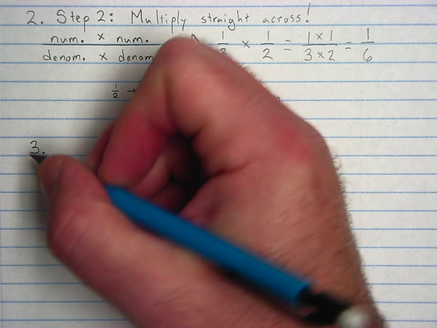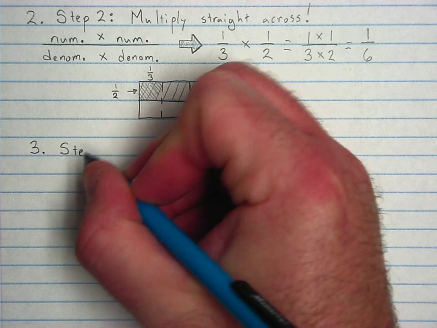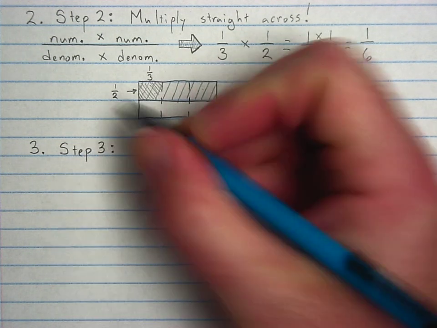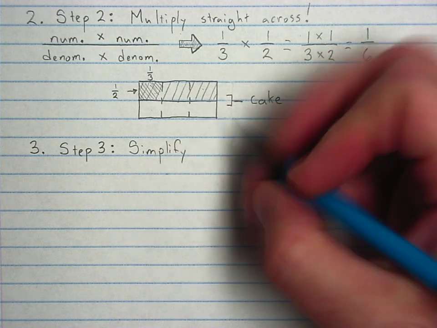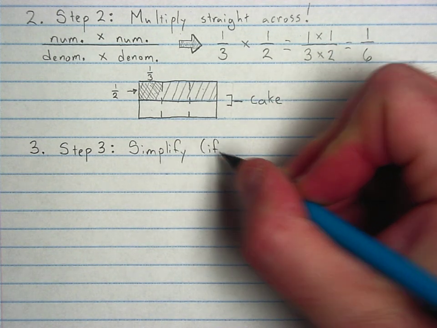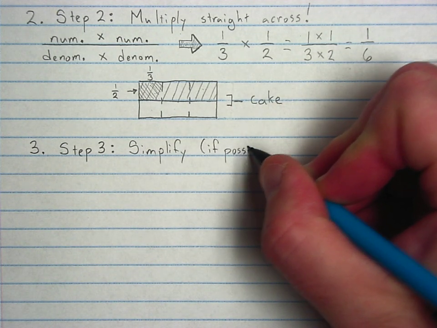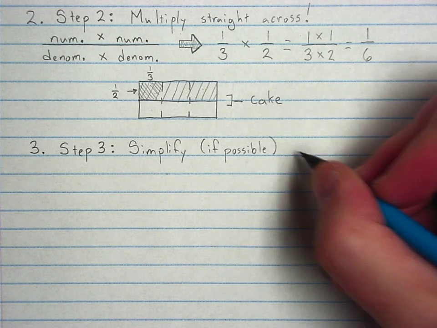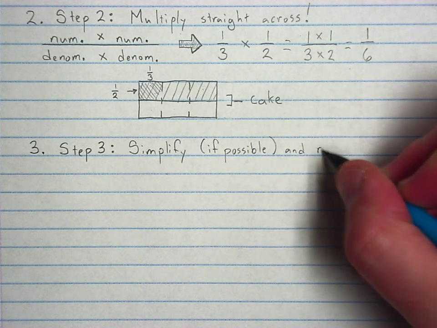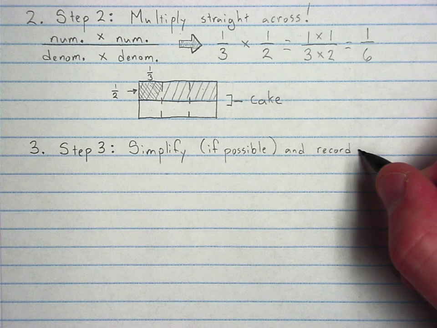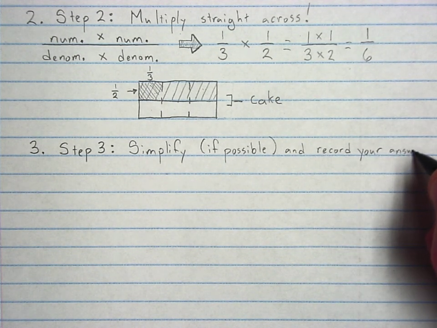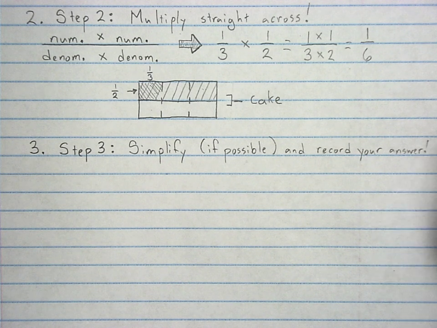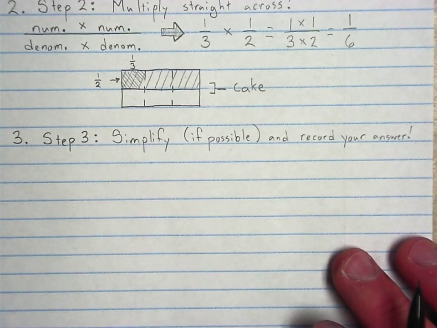Now, I mentioned this earlier for step 3. For step 3, you are going to simplify if possible. Simplify if possible. And record your answer. I'm going into the margins a little bit here, but that's okay. All right. Now,